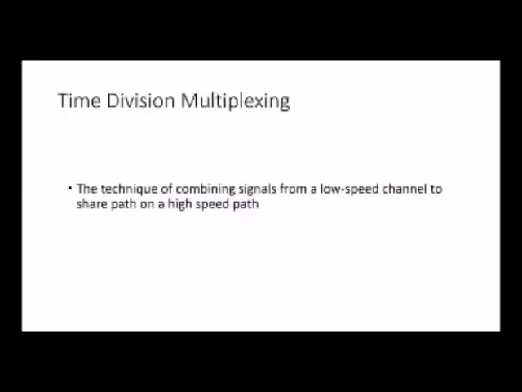So the last one is the time division multiplexing. It's a technique of combining signals from a low speed channel to share a path on a high speed channel. So it's just like the same with others. For time division multiplexing, it uses an equal time interval to send data. So you have the multiplexer here and the demultiplexer. First, you will send data from A, then at equal time interval, you will also send data for B